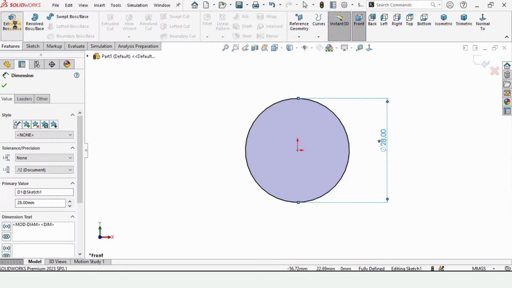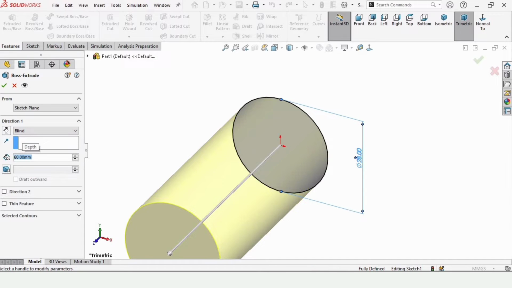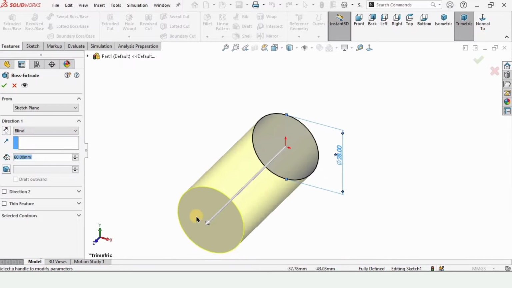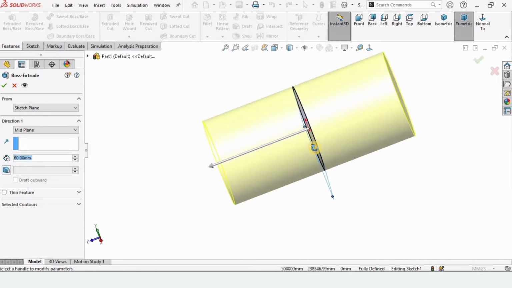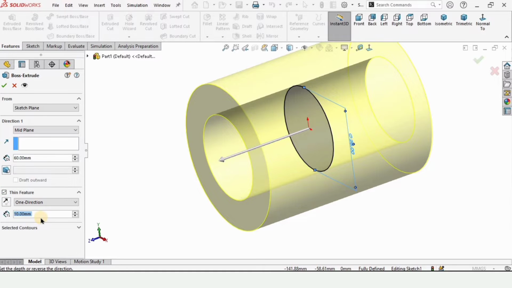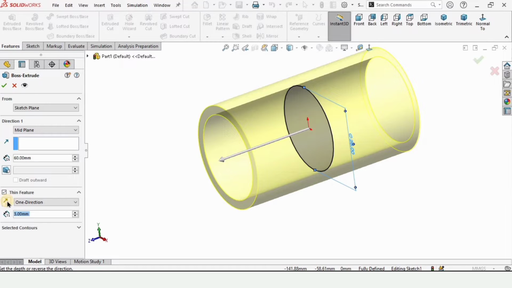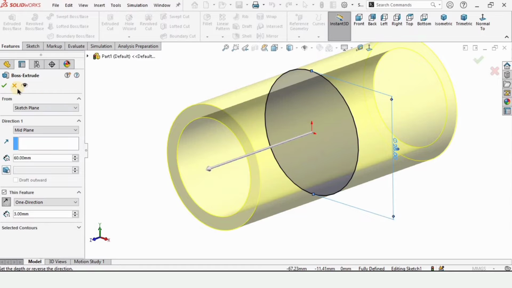Now go to features and select extruded boss base, and here we need to extrude it. The length of extrusion is 60 millimeter, and as I want the material to be extruded in both directions, I am selecting this mid plane. Since this needs to be hollow, I am selecting this thin feature, and the thickness I am defining as 3 millimeter. And since I want the material to be inside, you can flip the material like this